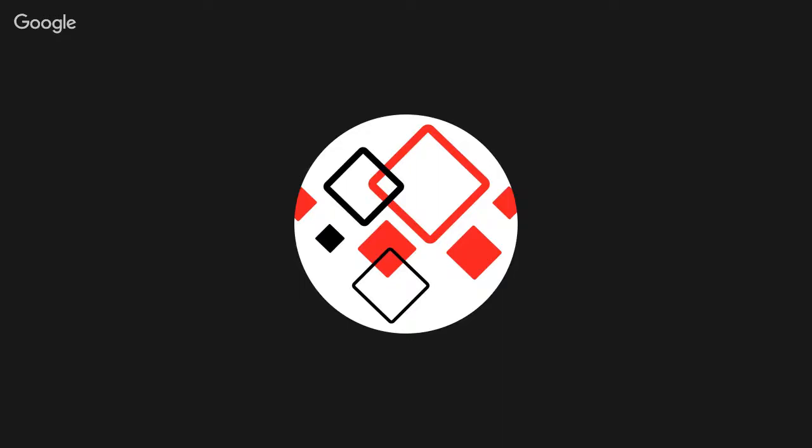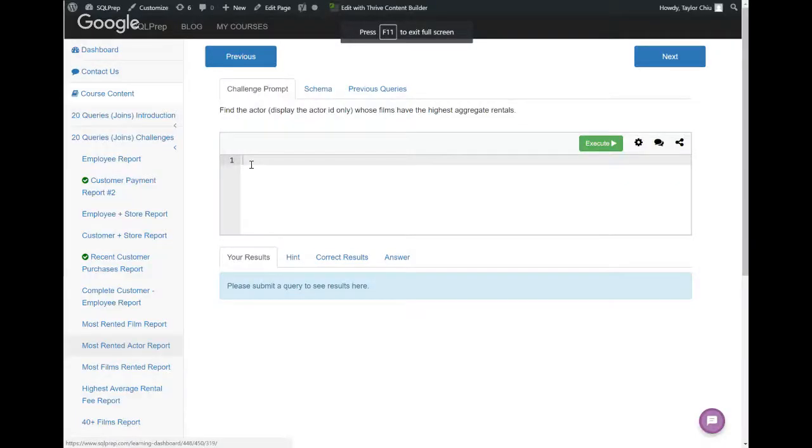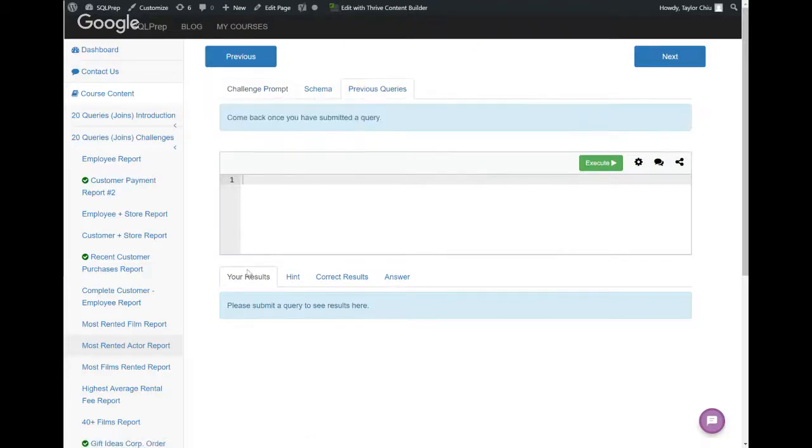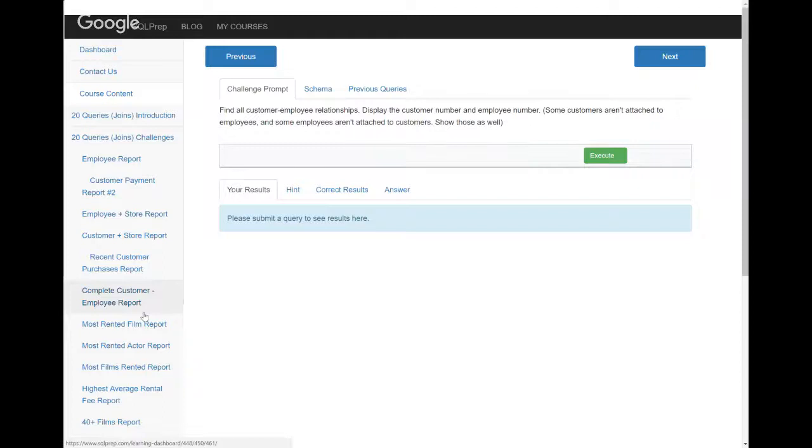And we can see here's one of the challenges. This takes the form of all of our various challenges. You can see the schema, you can see prior queries, prior attempts that you've made. See the hint, you can see the correct results. You can even see the full answer, which we will quickly scan away from so you don't cheat. And then we have 20 different challenges here for you to go through, all of